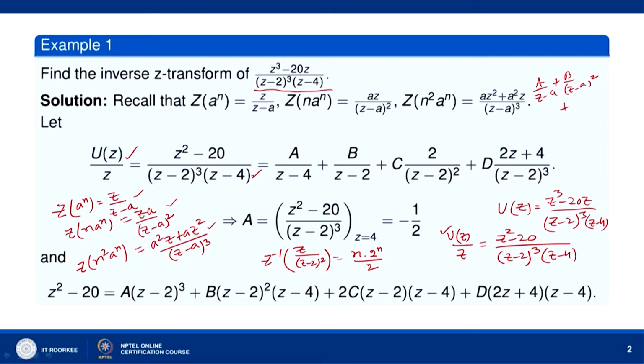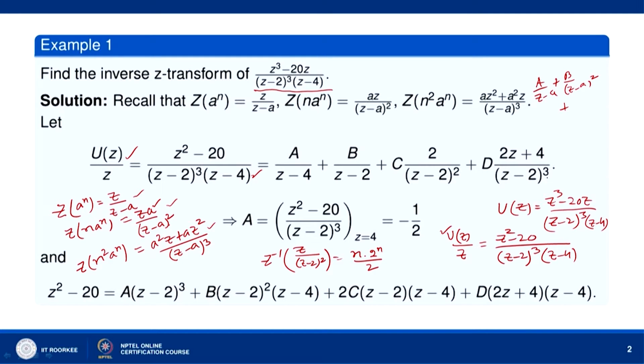What we do is, in the beginning itself, this scalar a, which is 2 here, we take along with the constant c. So, c into 2 over (z minus 2) whole square. When you multiply this by z on the right side, it will be 2z over (z minus 2) whole square, and so we will be able to write the inverse z transform of 2z over (z minus 2) whole square directly as n into 2 to the power n.